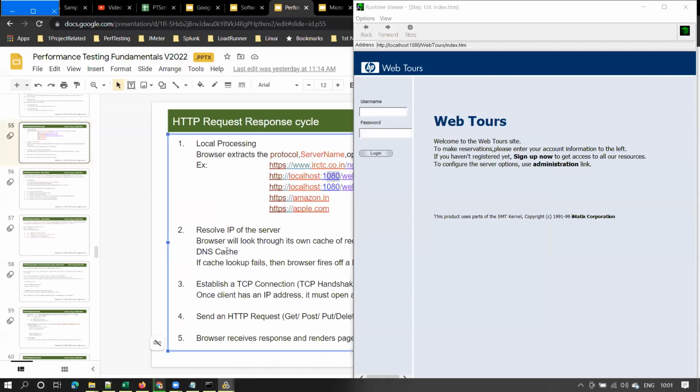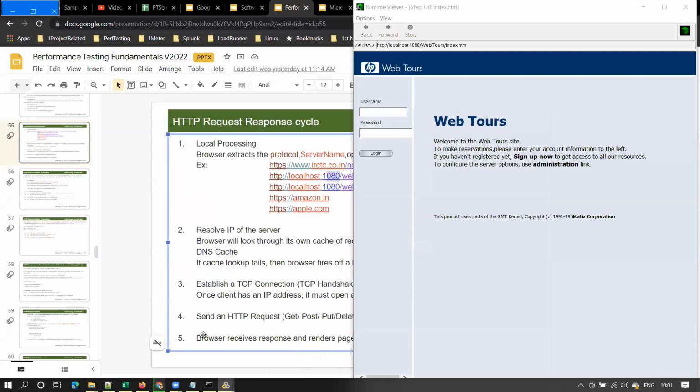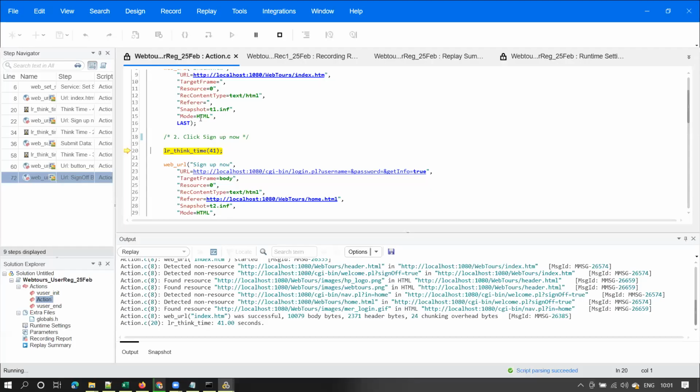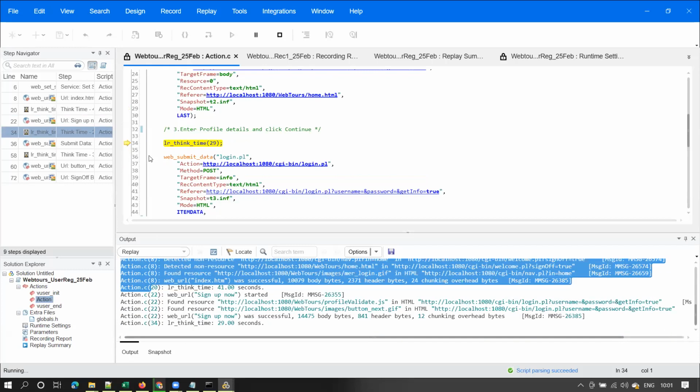In JMeter, you will not have a marker like this, at least, which shows you which step is getting executed. See, you see a marker here, in yellow color, which shows which step is executing. Now it is executing think time, observe here. And also in the output window, you will see what line it is executing. It is executing line number 20 at that moment. Now it is executing line number 34, right? And it is highlighting that think time.